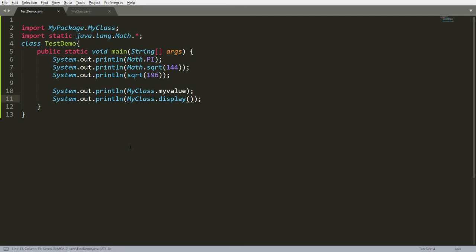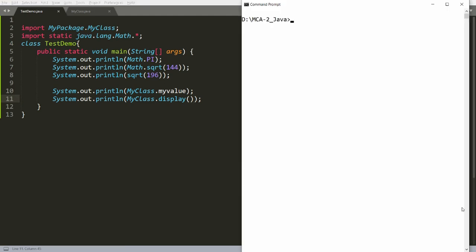You can save this. How to compile the program? So first you need to compile your program, that is myclass.java. So what we can do here, javac -d . I want to generate the class file in the current directory and then you can give the name of your class, that is myclass.java. Once it is done, you can write again javac -classpath . the current directory and you can compile your current program, that is